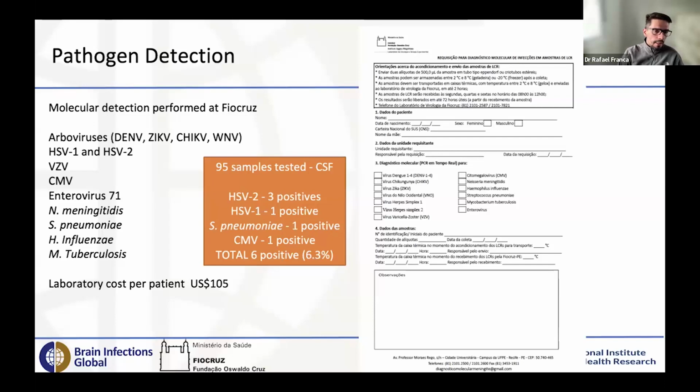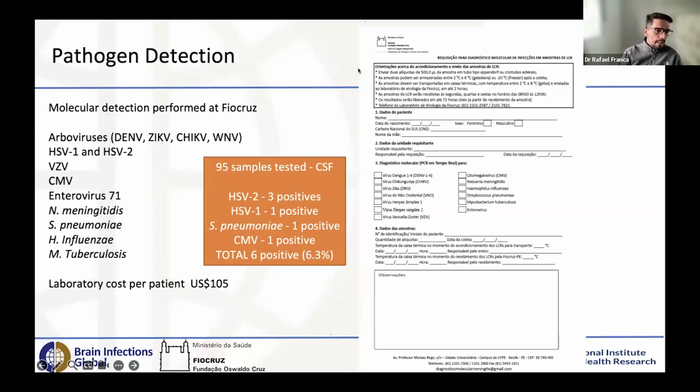And we included here the three main arboviruses circulating in Brazil: dengue, Zika, and chikungunya, as well as West Nile and other important pathogens, for example, herpes type 1 and 2, CMV, varicella zoster virus, and